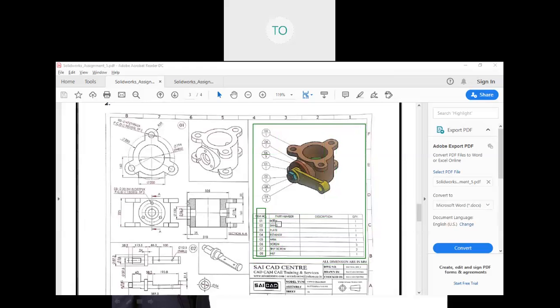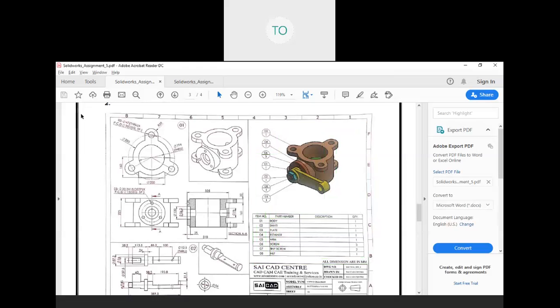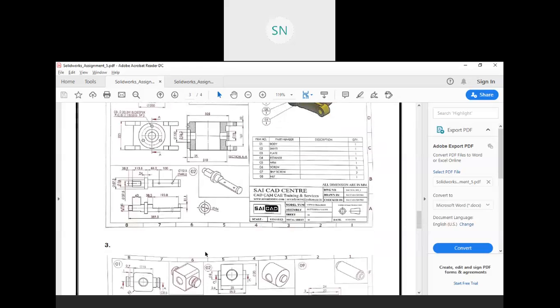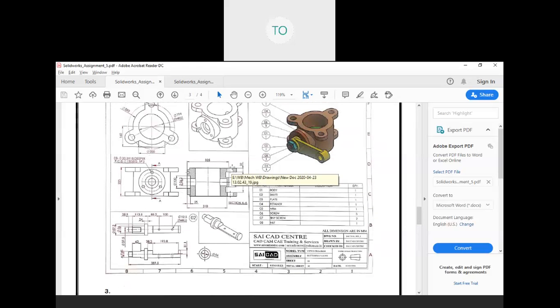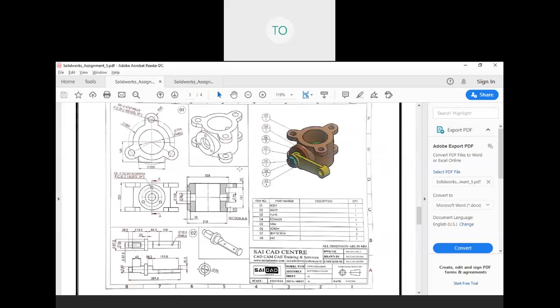But from these 8 components, on this page we have only 2 components. The next page is not given over here. So, sir, we only make these two, no need for the other components? Yes. And similarly for the third one.